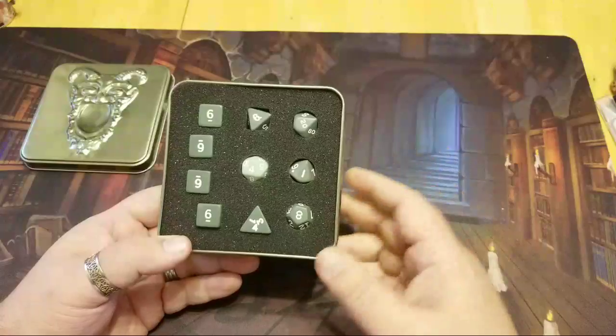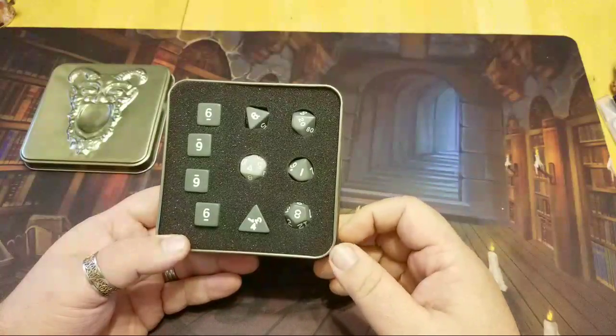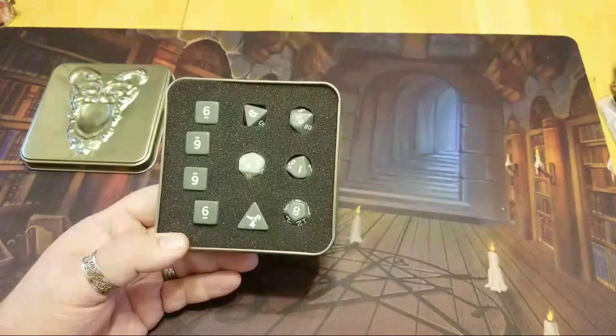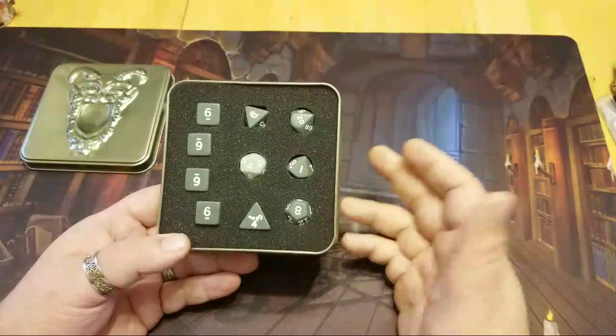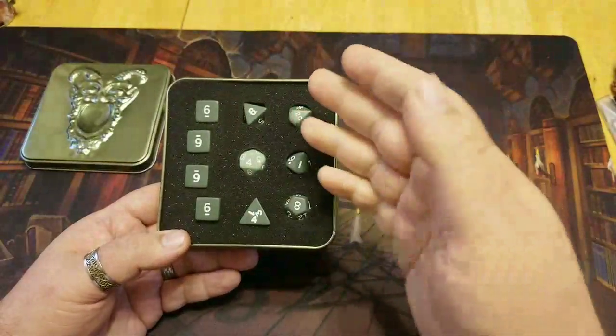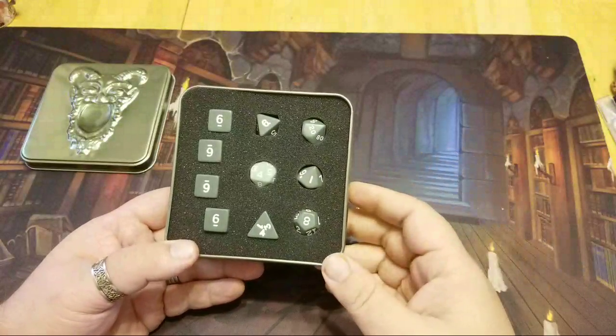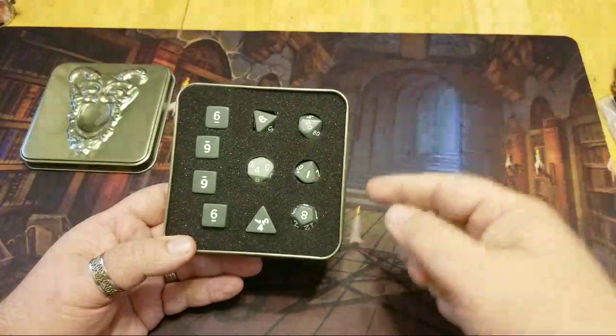I've seen a lot of the sets at $15.95, $16.95 for the specialty sets, like for the Modiphius games and stuff like that. And again, even if you get a set of seven, you're going to get the same kind of thing. What's really great about this, because